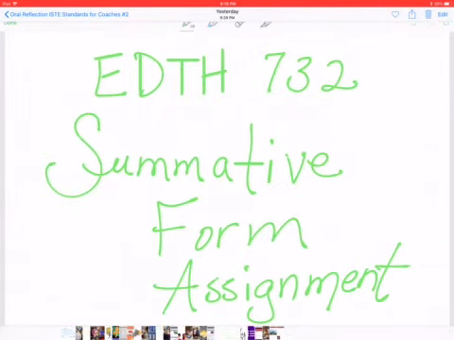Finally, the third artifact that I'm including in this standard is taken from the course EDTH 732, Assessment Tools and Strategies. The title of the assignment is Summative Form Assignment.